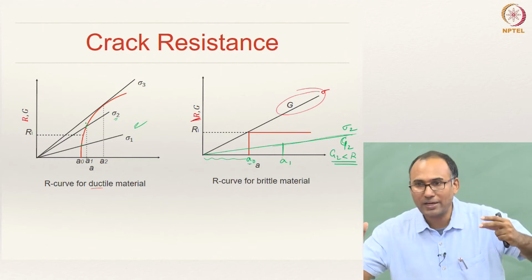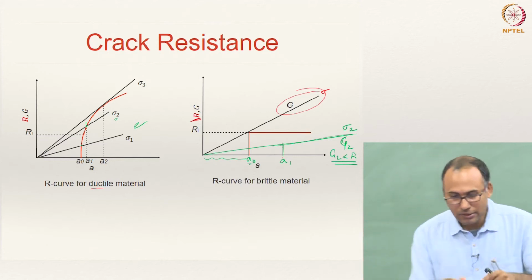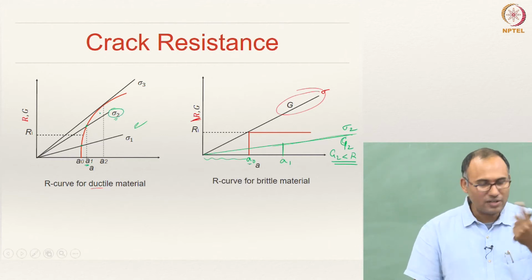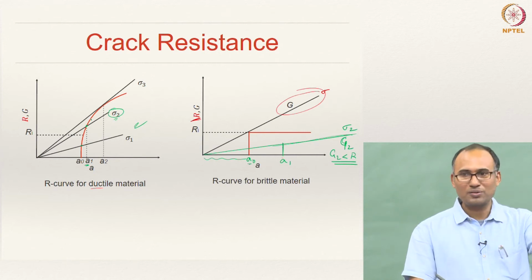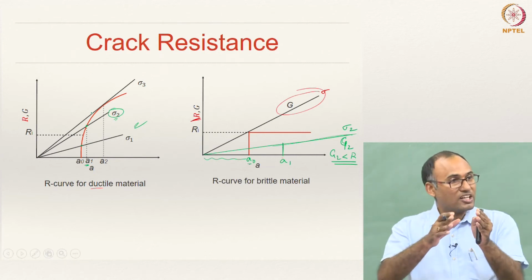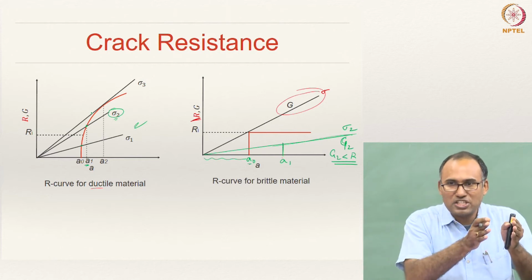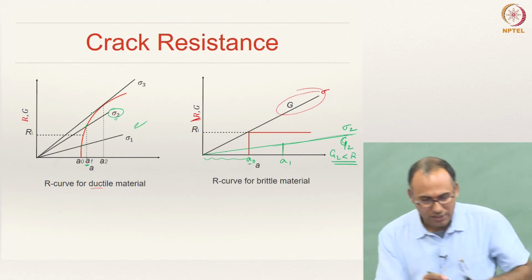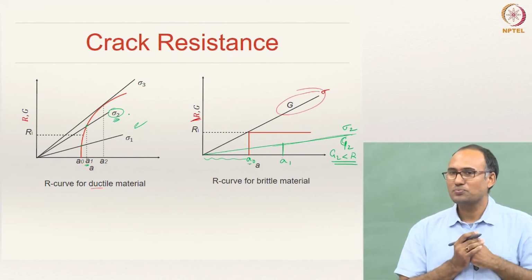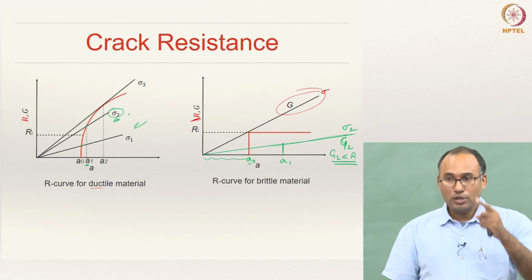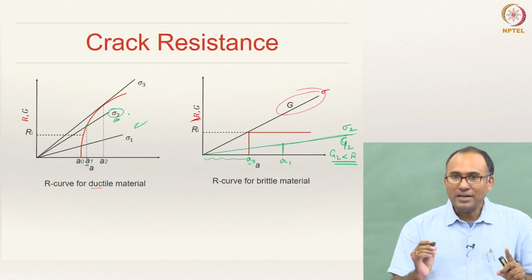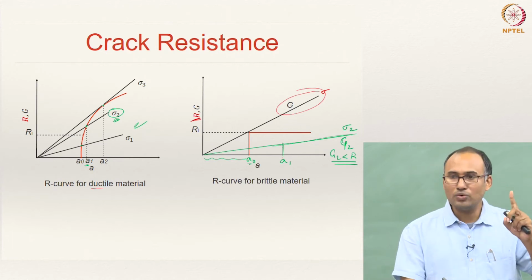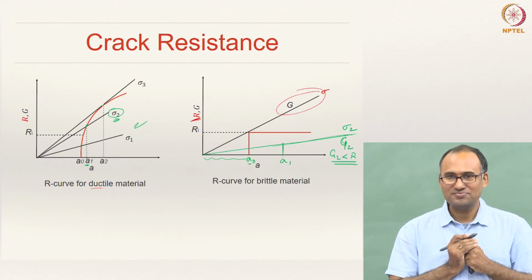So the crack suddenly propagates from A0, but then the moment the crack reaches the length A1 under the load sigma 2, suddenly what happened? R became more, and hence it cannot catastrophically propagate. It starts from A0 and grows up to A1 and stops there, because beyond A1 R is greater than G2. Is that clear? Now the moment your sigma curve or G curve becomes tangent to your R curve, and that